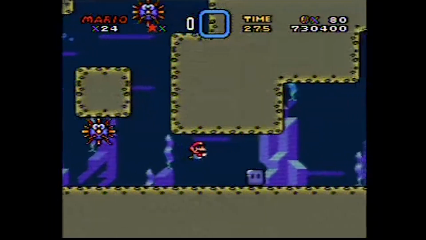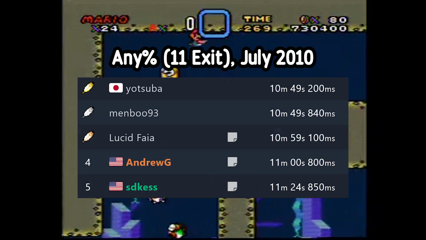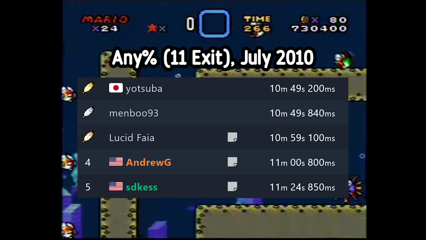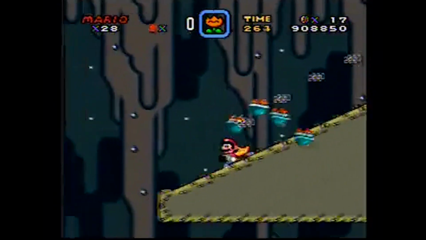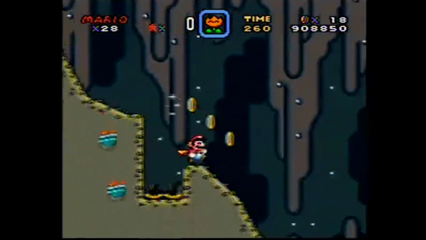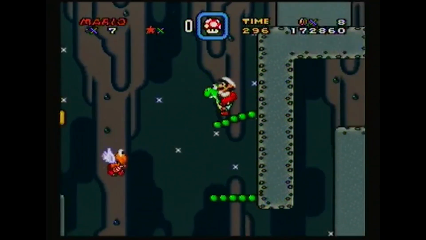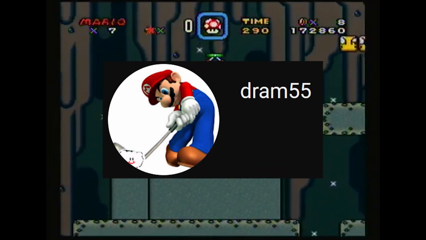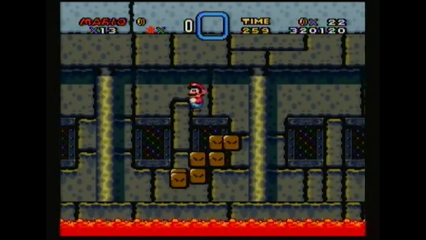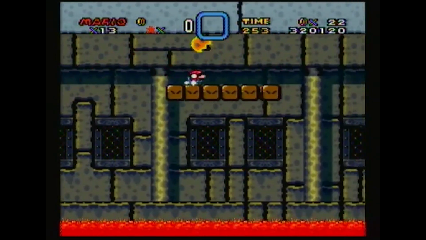While there may very much be earlier history, by 2009 we start to see the earliest easily documented runs revolving around the game, with people such as Yetsuba. Regarding 96 Exit, Menboo, who we already mentioned before, is the one notable player from Japan who tackled this category early on. On the American side, there was equally as much going on, with the most notable player at the time being Dram 55. With Japanese and American communities acknowledging each other but not fully interacting,